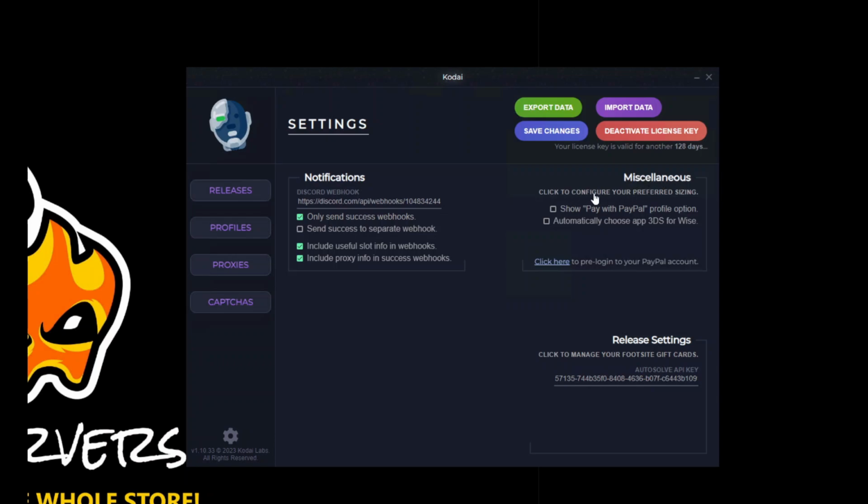Once you've gotten this sorted out, on the right side of the screen, you have miscellaneous. What I want to bring your attention to is clicking to configure your preferred sizing. If you're creating task groups and you're creating a lot of tasks, if you want to run a size 5, 8, and a 10, what you will need to ultimately do is create a preferred size group for those sizes,